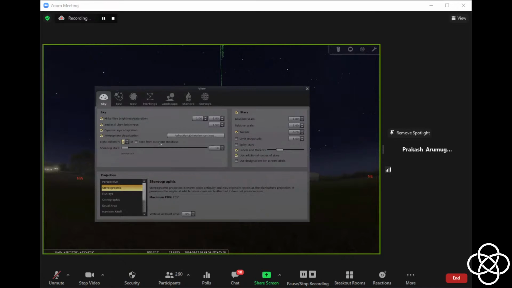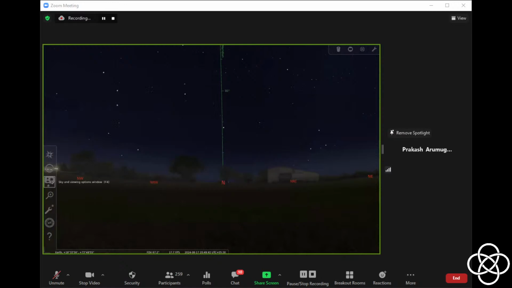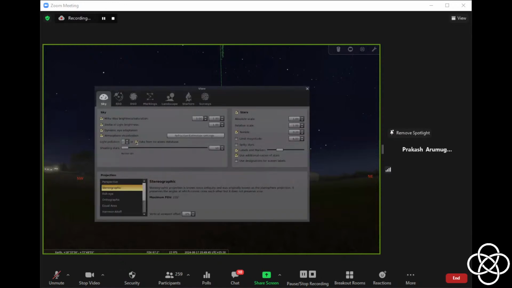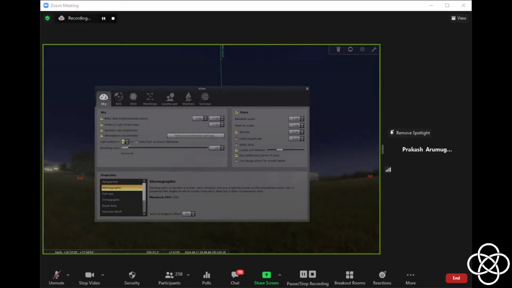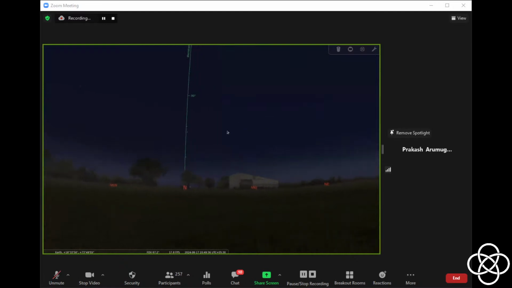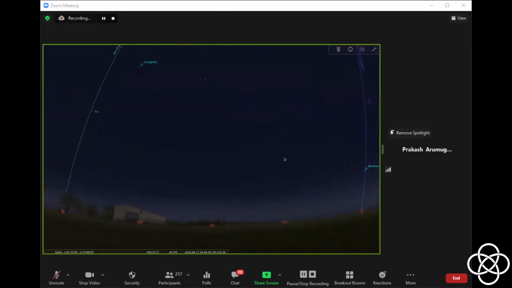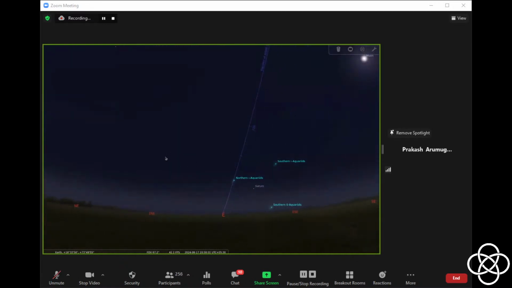There's even some local database available from which it can read it. I don't know how. But you can definitely increase it and try to simulate it. You can go all the way up to a very large number where you won't see any stars. But a number like 6 or 7, for instance, will wipe out most of the stars. And this might be more close to how you would see it. So if we know the light pollution rate at a region, we can